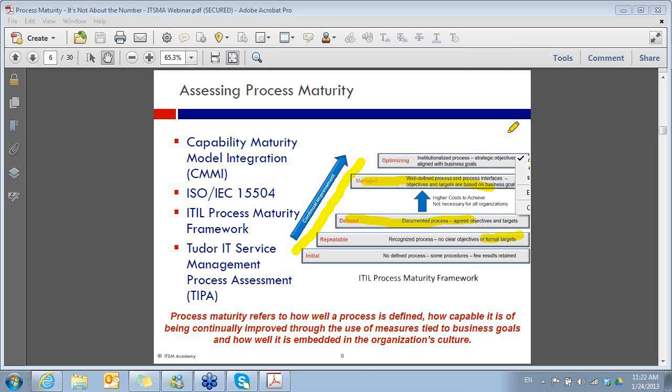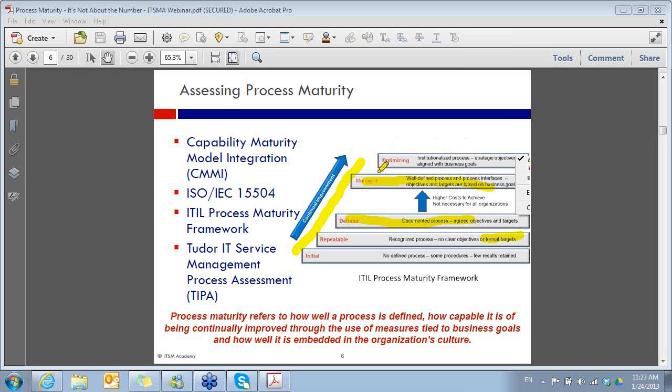Your incident management process will never be as good as it can possibly be until you get a process like problem management in place, or until you get change management in place that's going to enable you to start predicting incidents. Those processes really enable your incident management process to function more efficiently. They enable your process to be more proactive, right? So that's the litmus test.